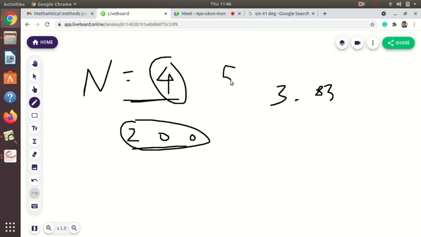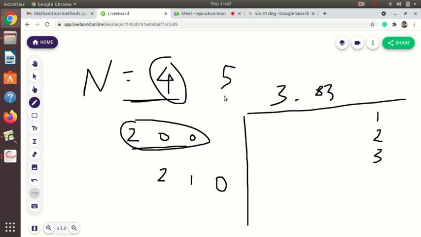Suppose I get value equal to 5, then I will have 2 0 1 or 2 1 0. So square of 2 is 4 and square of 1 is 1. So 4 plus 1 is equal to 5. Now you can have your table, so you can get value 1 for 1 0 0. You can get value 2 for 1 0 1 or 1 1 0. Then you can get value 3 for 1 1 1 plane. So this is addition of the squares. This is a rough calculation, you don't have to mention that.